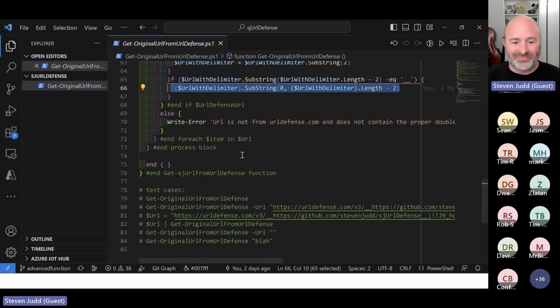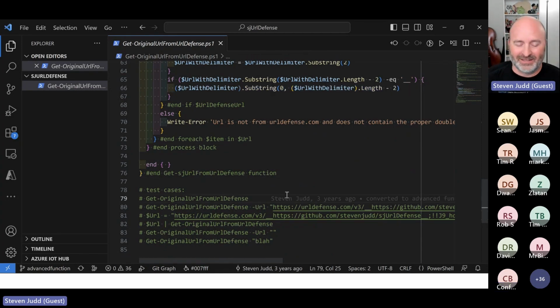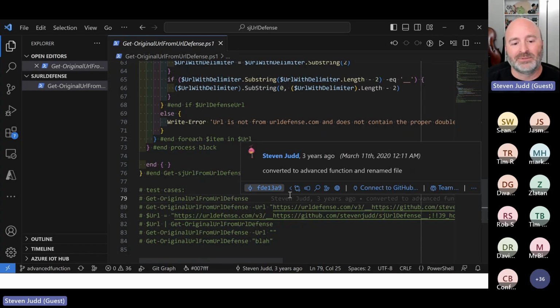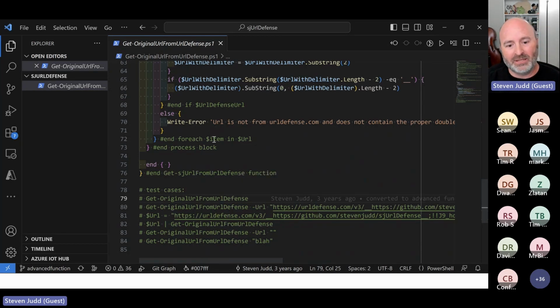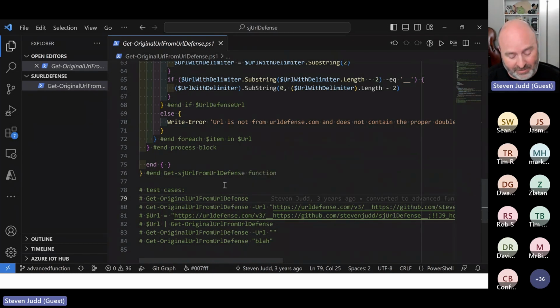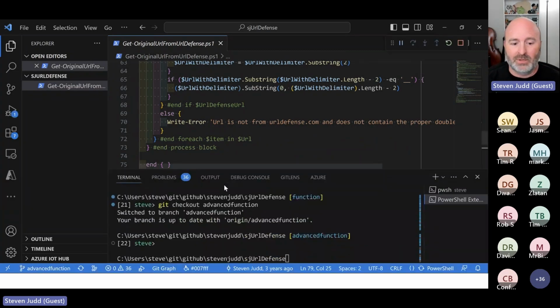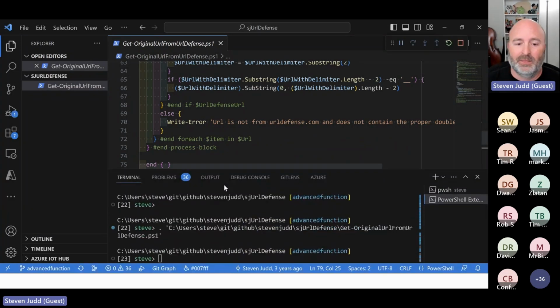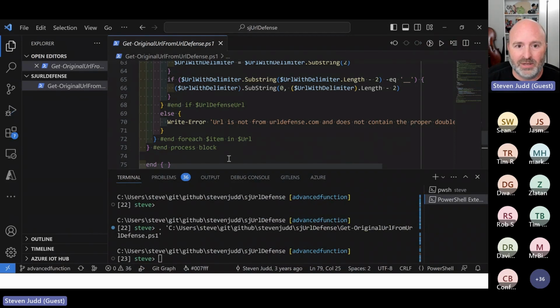I love it. All right, test cases. Let's run some of these. Here's what I'm going to do this time. Instead of uncommenting these one at a time and going through them like I did before and getting myself into Git repo challenges and having to do all that stuff, I'm just going to run it so it loads into the console. All right, so now I've got this thing ready to go.